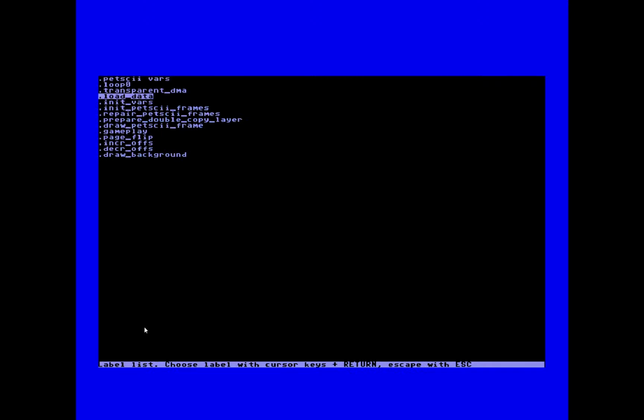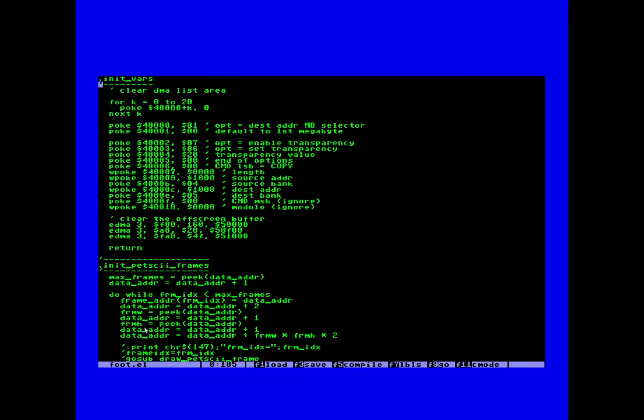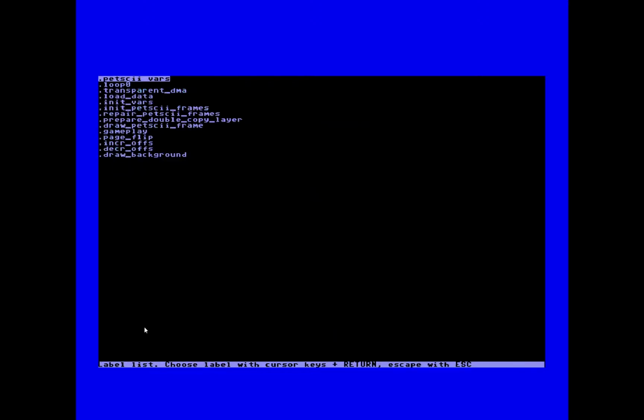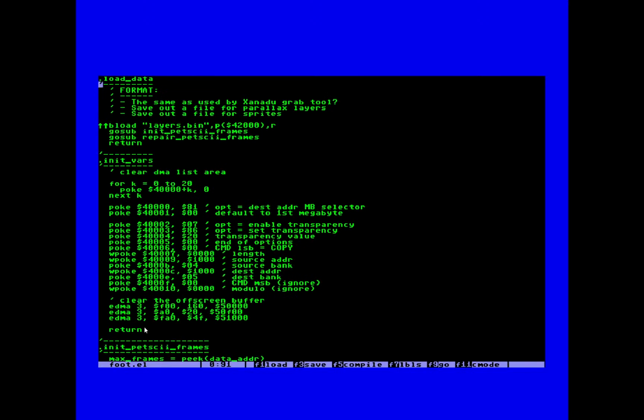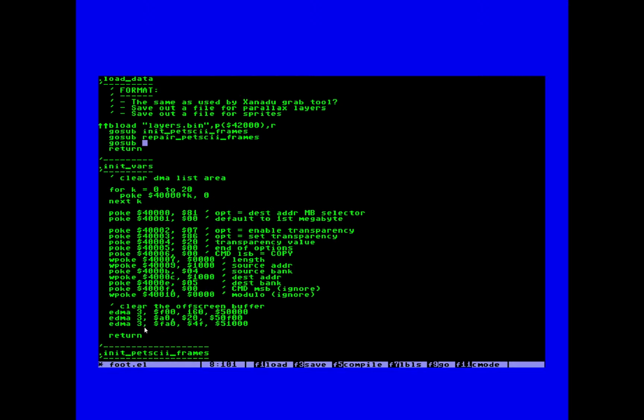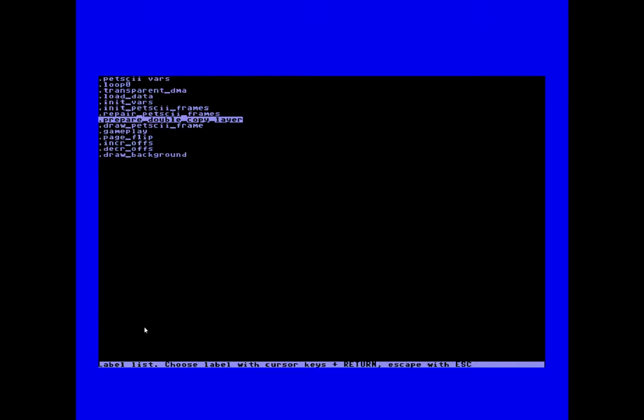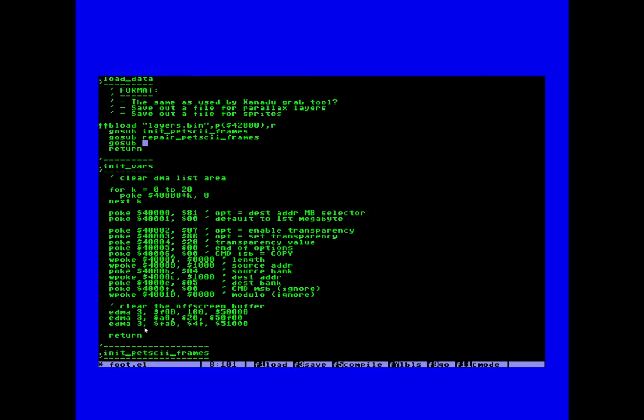So a good place to call it maybe after init petsky frames, which I think is called from init vars. Am I wrong? No? Is it called from load data? Load data, init petsky frames, prepare petsky frames, and maybe gosub, what was it called again? F7, it was called prepare double copy layer. I'll just escape that. Prepare double copy